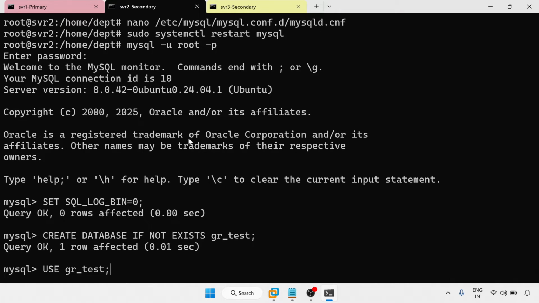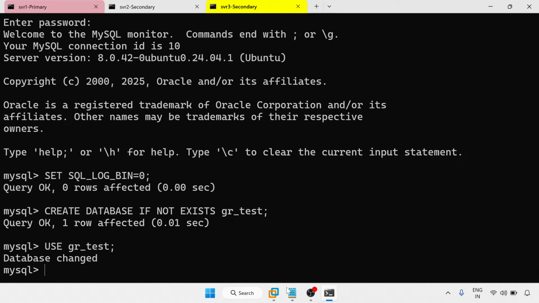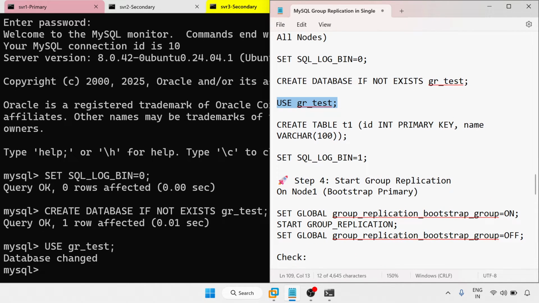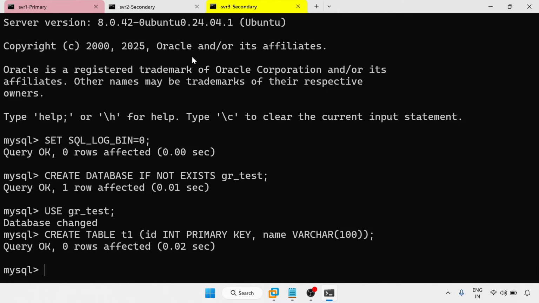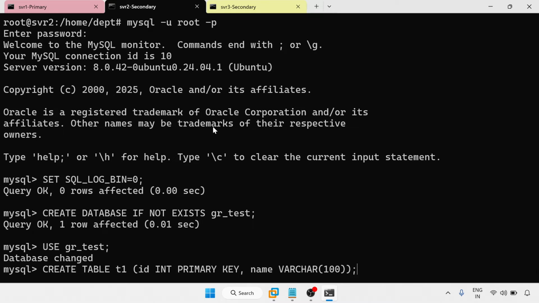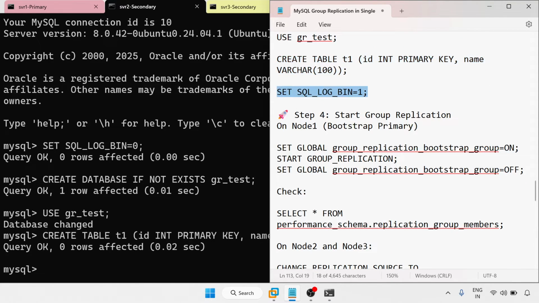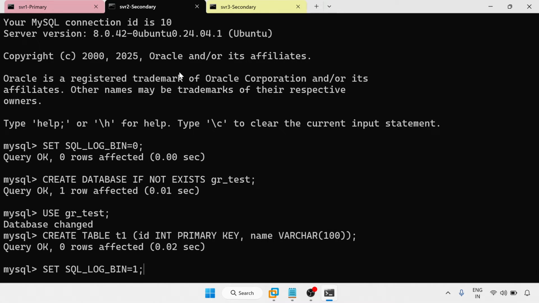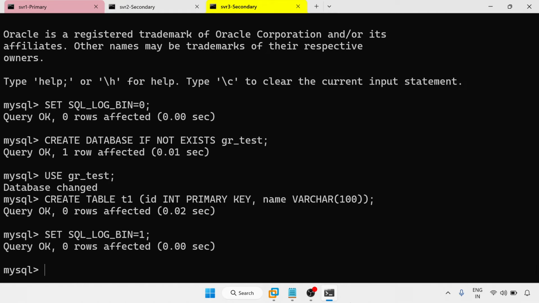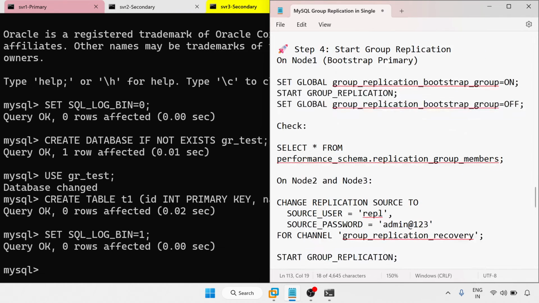Use gr test, so that just now we changed to the database. Now the table T1 we have to create with the primary key and varchar 100. So this one also completed. Now I'm just going to set the login into 1 for all the servers. Okay, so this part is completed. Now going to start the group replication